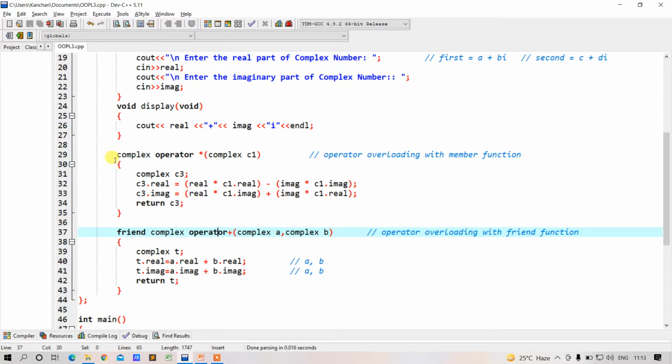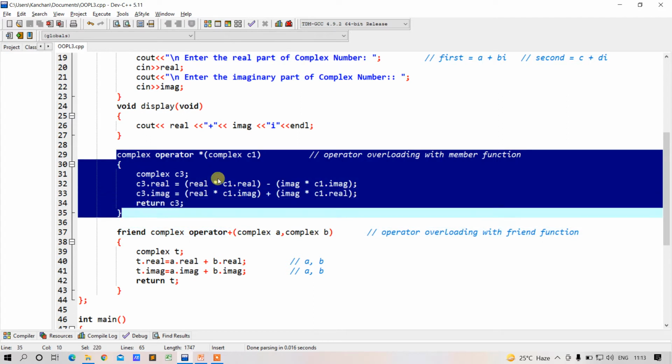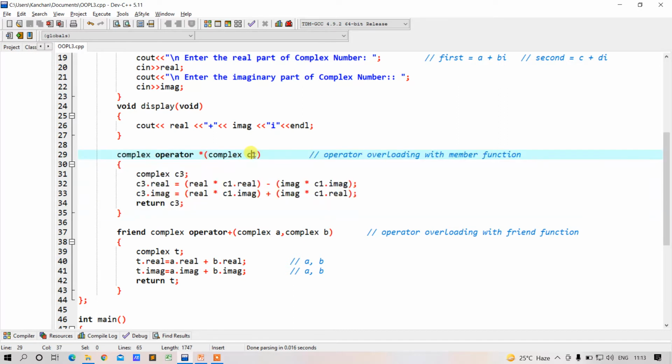When we overload the operator with the help of a member function, only one parameter we have to pass to this operator function. When we overload the binary operator with the help of a friend function, two parameters we have to pass to that friend function, because in case of a member function, one value will be implicitly sent to this member function which we have accepted from the user, and the second value we have to give explicitly.